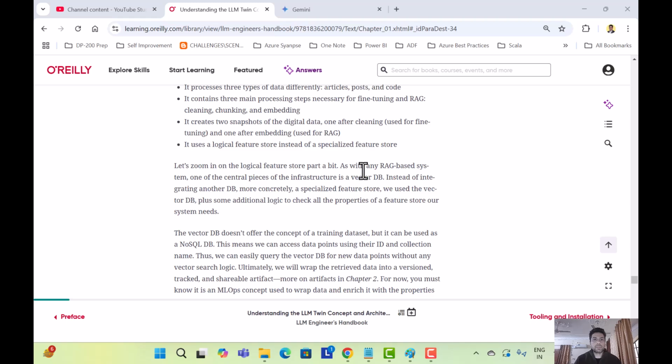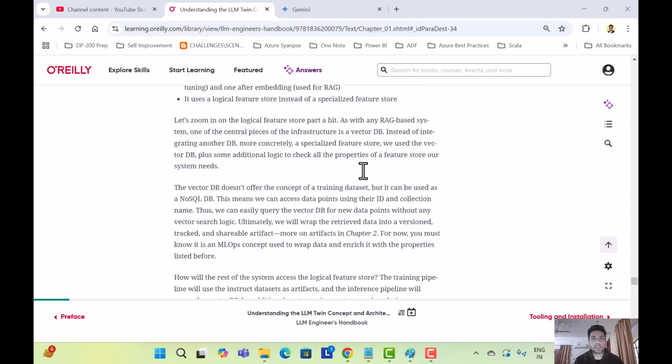Let's zoom in on the logical feature store part a bit. As with any RAG system, one of the central pieces of the infrastructure is a vector DB. Instead of integrating another DB, more concretely a specialized feature store, we use the vector DB plus some additional logic to check all the properties of a feature store our system